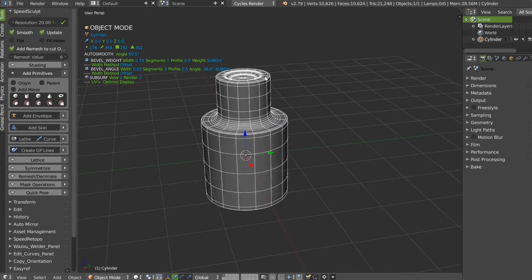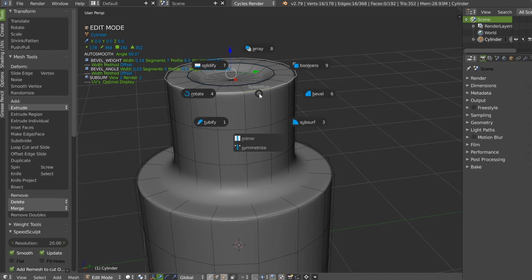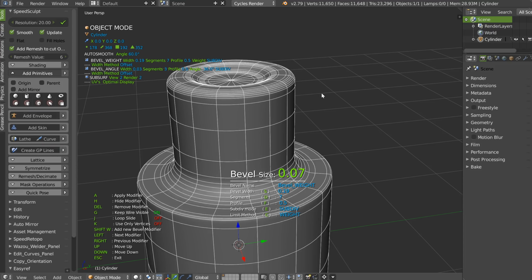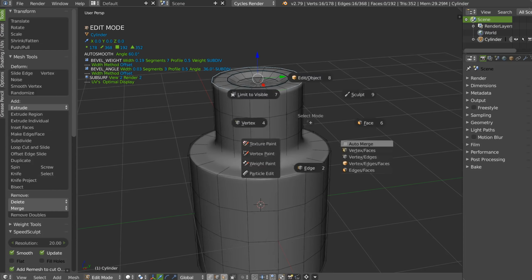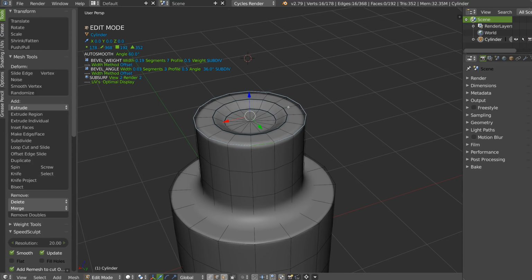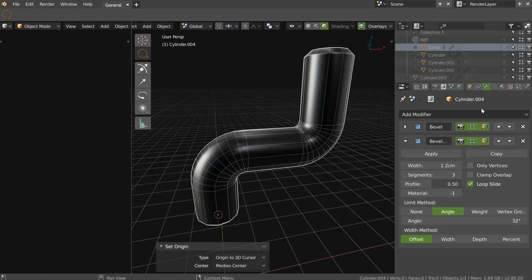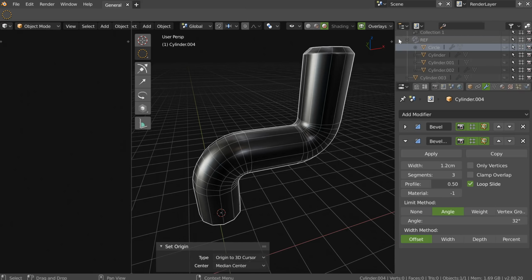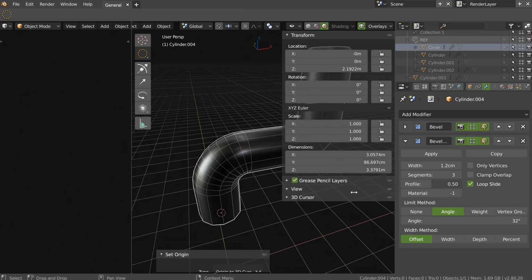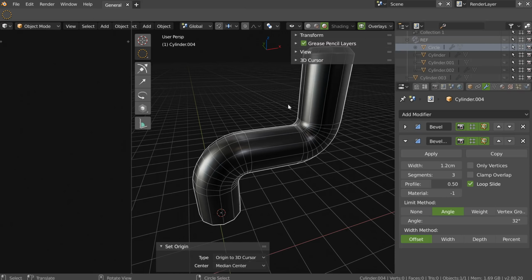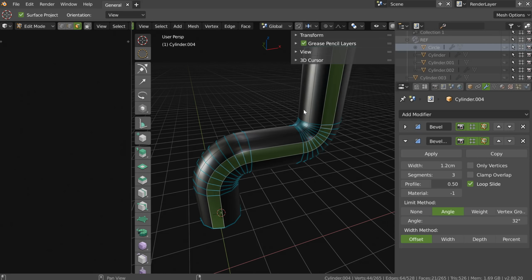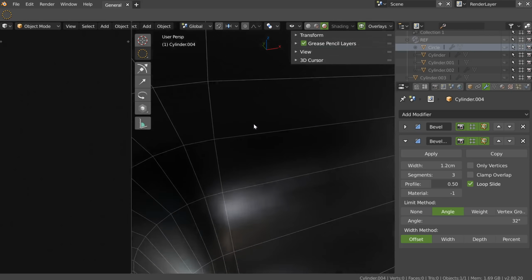So let's try. I will just move this. I will make it like this. Working with an add-on is always faster than having everything in the UI and going to different places to activate some parts. For example, to add bevel shadow, bevel edges, and in fact I have some bevel edges here.